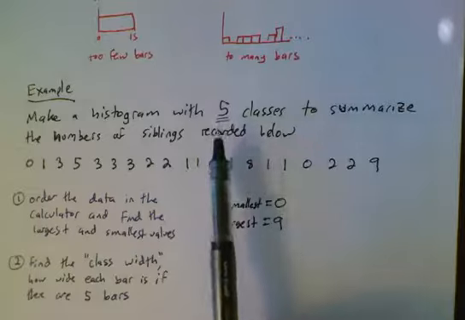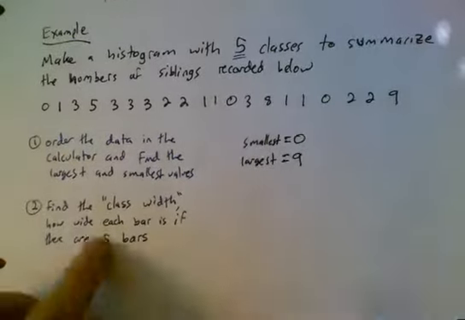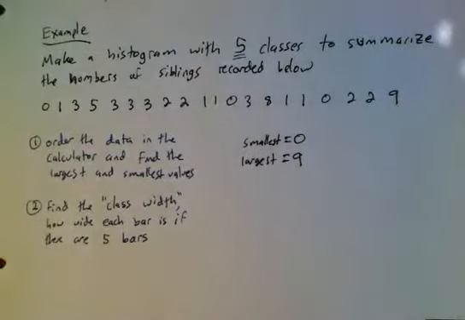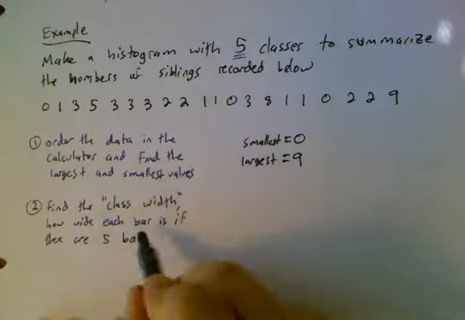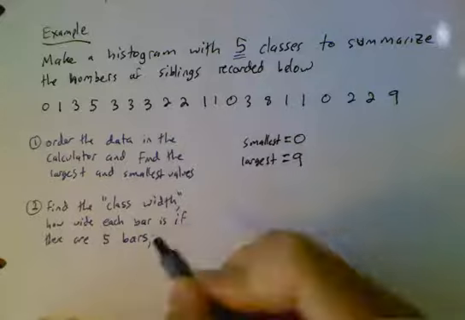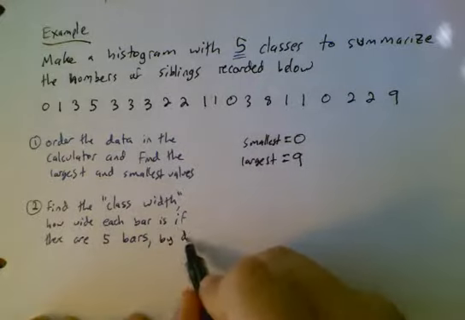For purposes of all getting the same answer, I'm just going to give you how many classes there are. And so the way that you do that is we say, okay, we've got numbers from 0 to 9. I want to divide that range into 5 pieces. So what we're going to do is find the class width, which is how wide each bar is. If there are 5 bars, we're going to do that by dividing